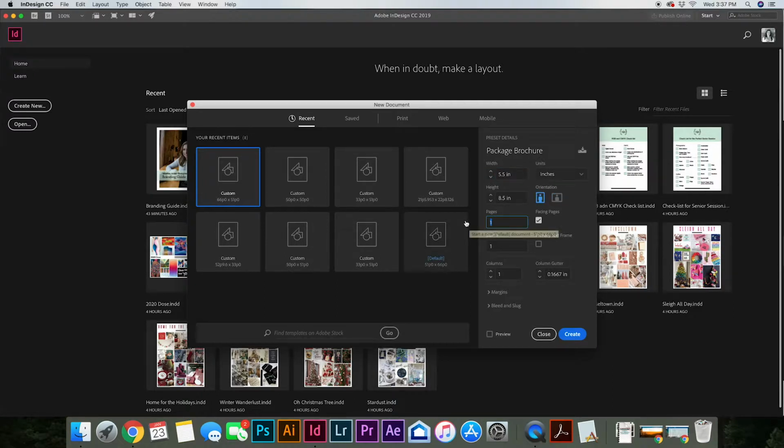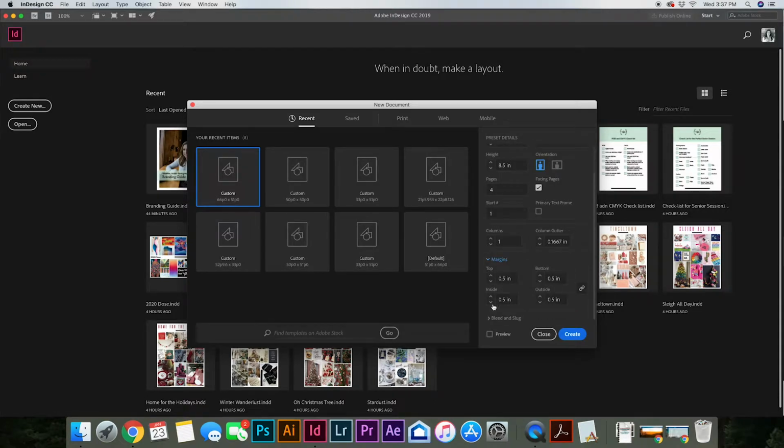And then we want 4 pages, because it would be the front, 2 pages for the middle, and then the back. And then you'd want to start on page 1. The column is fine, the column gutter is fine. Margins, that's pretty standard. And bleed and slug, that is the bleed line. So I would recommend having a 1/4 inch bleed line around the document. So say create,